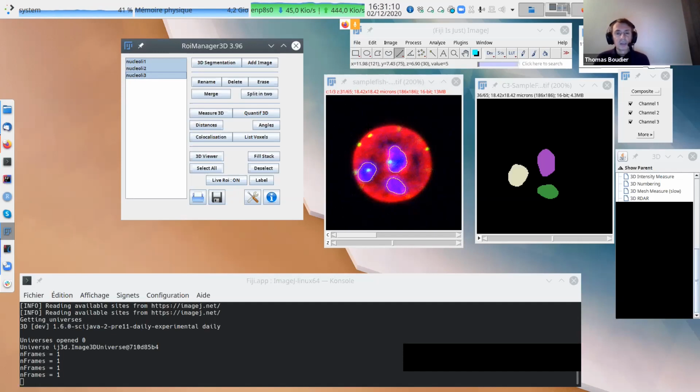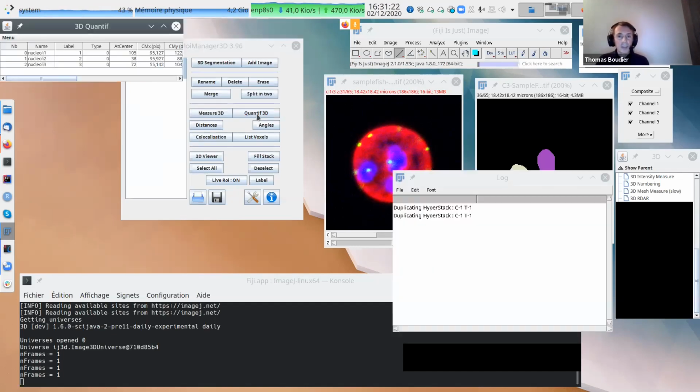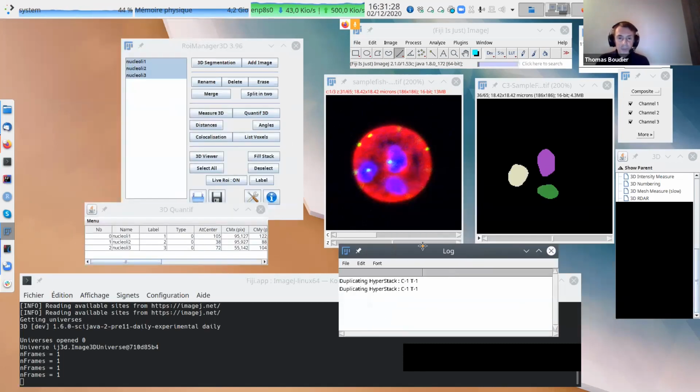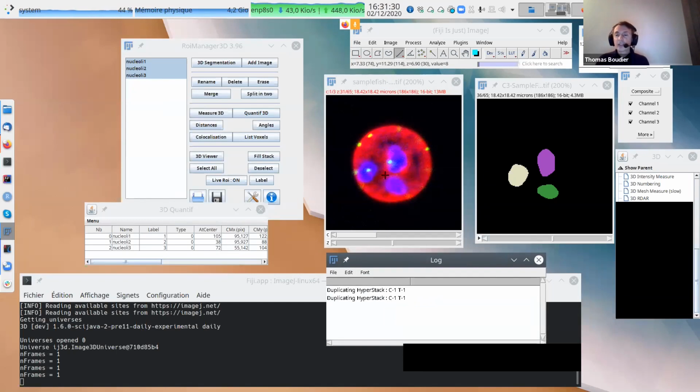Okay, so we select this image, and then this one, Quantif 3D quantification, fluorescence intensity quantification inside the object. Just click. Hopla. So 2 things. The first thing is this image is a 4D image, X, Y, Z on channel.